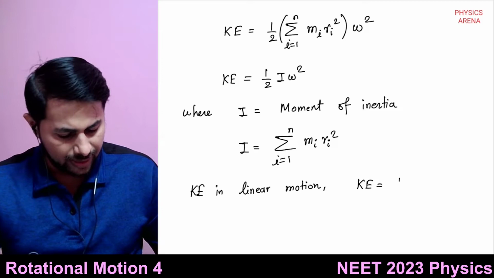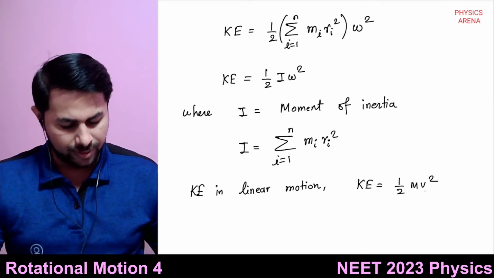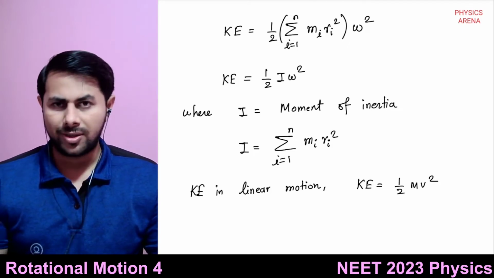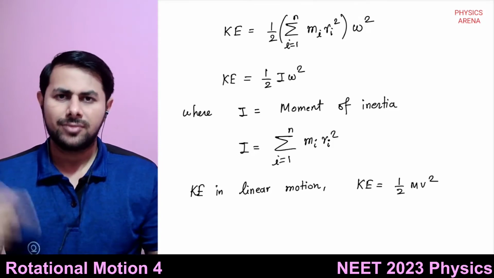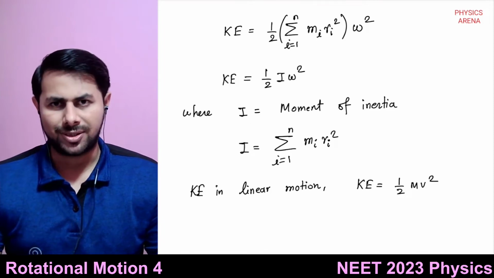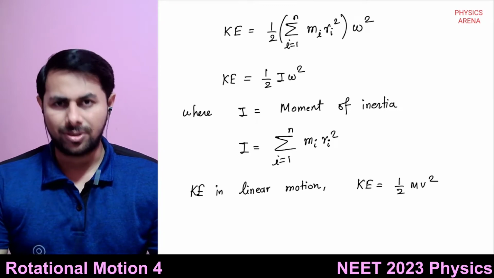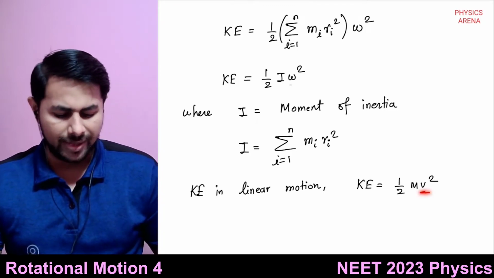So it is half of m into v square, right? For linear motion, linear velocity is the same for all the particles. For rotational motion, the analogous quantity of linear velocity is angular velocity. So angular velocity is the same for all the particles in rotational motion. Okay, so we replace v by omega,